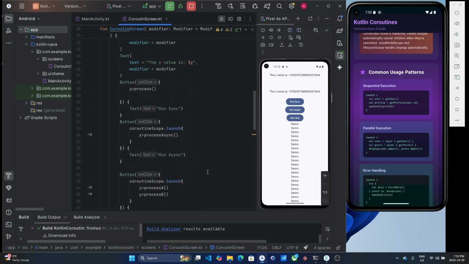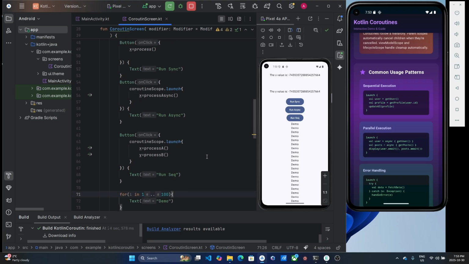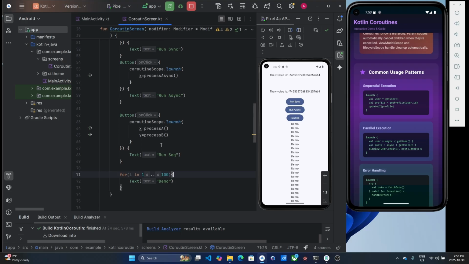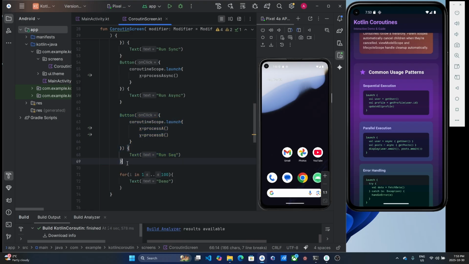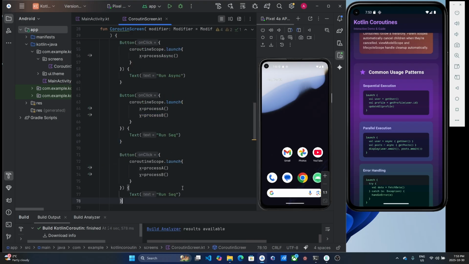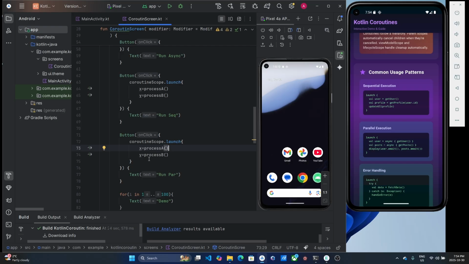And let's say we want to do the parallel execution, so they are running in parallel, and after both of them finish, it returns the result. So let's say we duplicate this button, and then we say run parallel execution, and in the coroutine, it will be